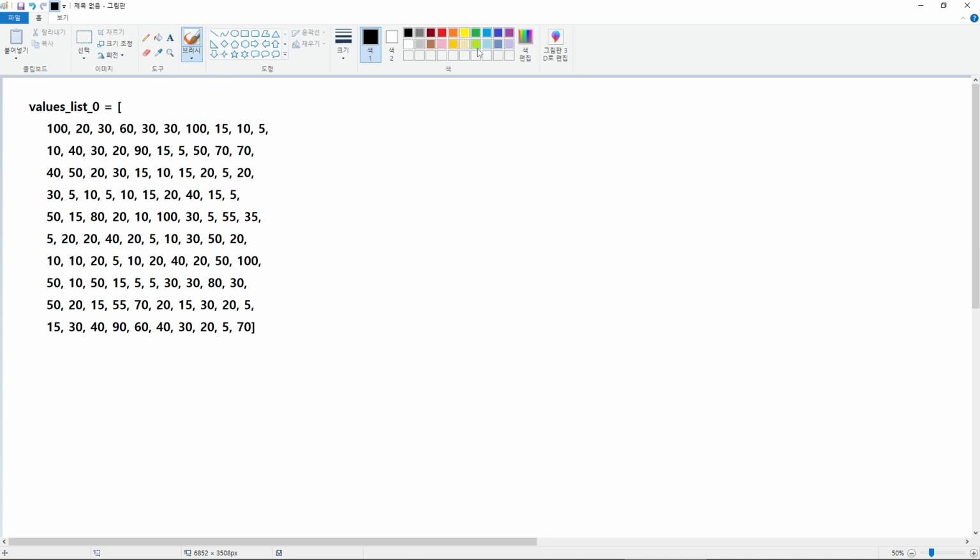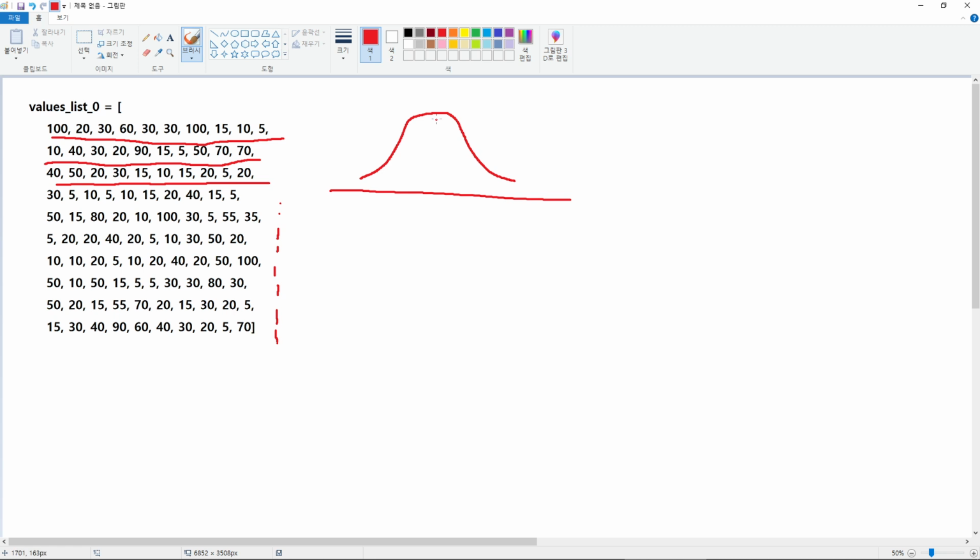So I would take all these values and have them be within their own distribution, something like a normal distribution, but maybe with a different standard deviation for each value, because